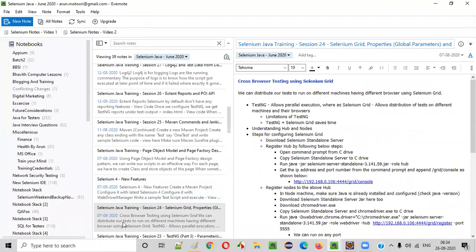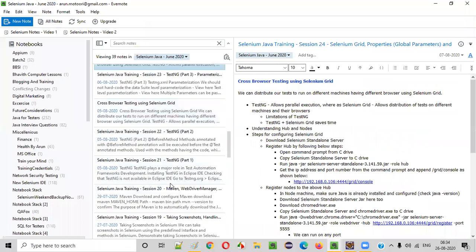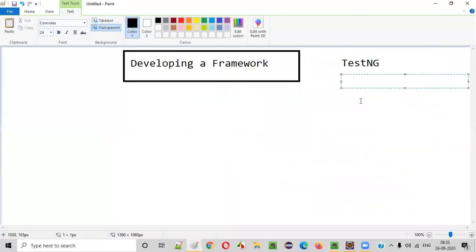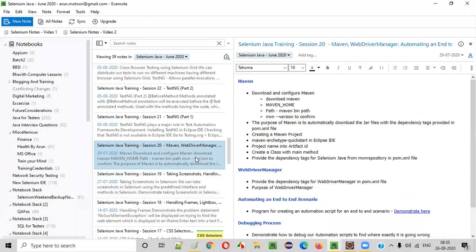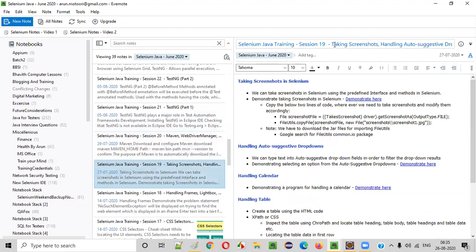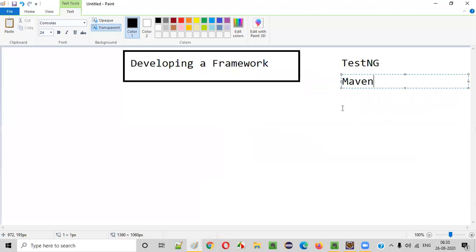Followed by here we covered TestNG. Before that we covered Maven. Maven is another framework concept we covered as part of the previous sessions. Then taking screenshots. We'll be using this also, how to take screenshots.